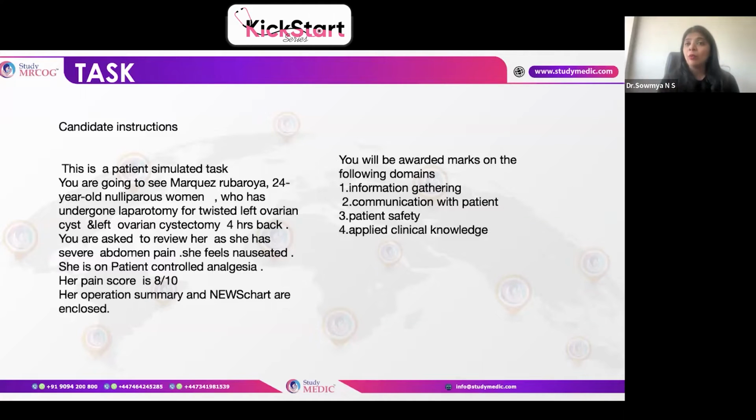Obviously, I have already informed my consultant and the team will be here. But because your blood pressure is falling, it's very vital and important to shift you back to the theater to see what's happening, along with a couple of the tests which we